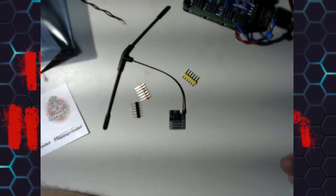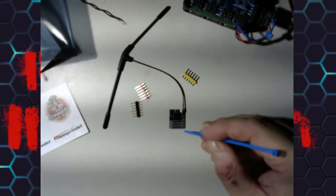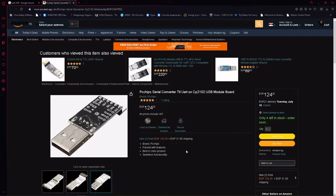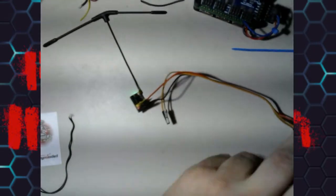And then once I get done, I'll be hooking up my CP210 board to it. I forget what it's called. So we're going to use the CP2102 USB module board. And we're going to use off of it the 3.3 volt as the positive, the GND as the ground. Skip over the 5 volt, don't use it. The TX and the RX. So I'm just using this as a power supply. I'm just going to plug it into a power bank, which should...